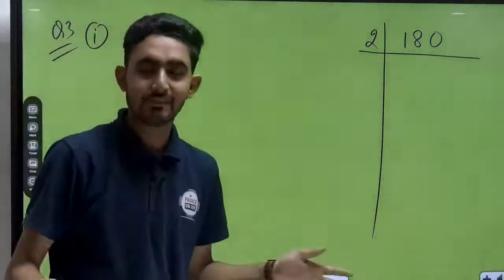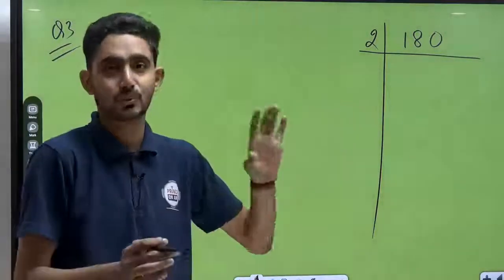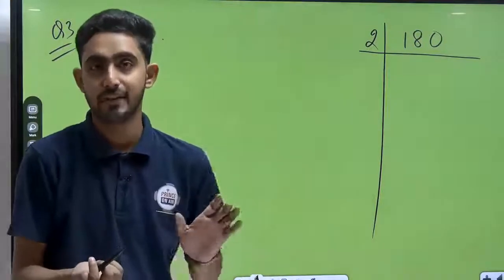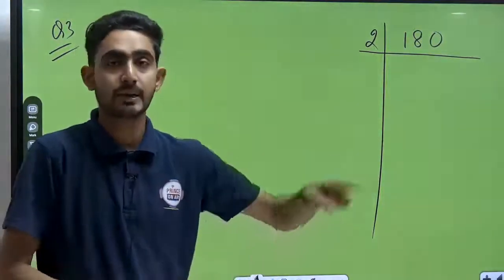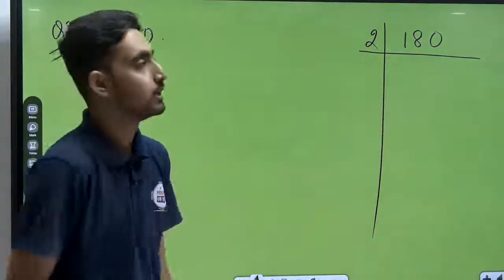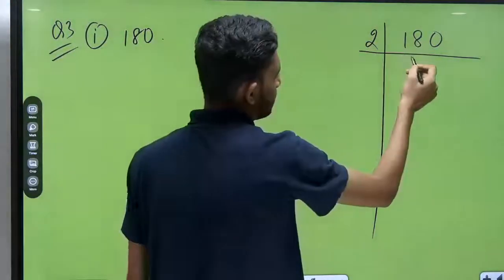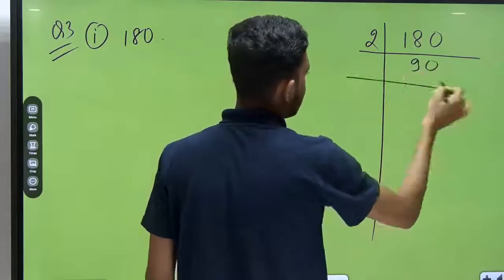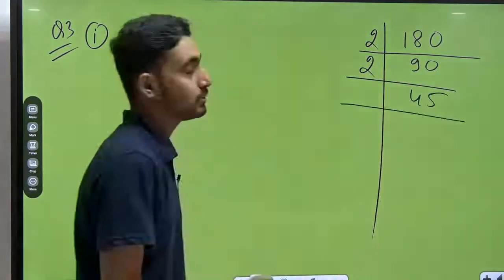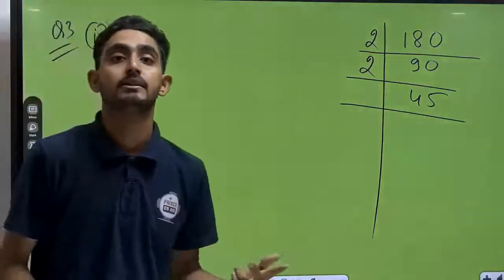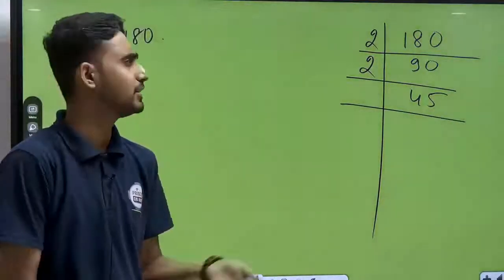हाँ, obviously 5, but आपको directly ये small number है इसलिए आपने कर लिया direct 5. But whenever in front of you a lot of big numbers is there, then आपको सबसे पहले prime factorization find करना है ना. So first of all we will divide it by 2, that is 90. Again divided by 2, that is 45. Now this is divisible by which number? 3. 5 also, but 3 also we can take simple.